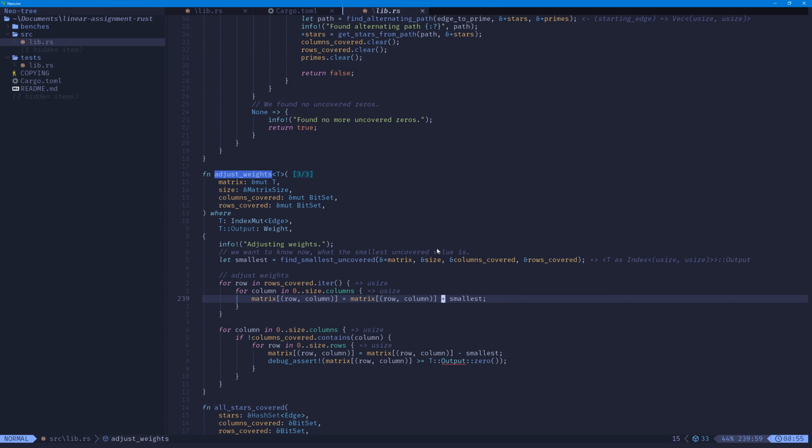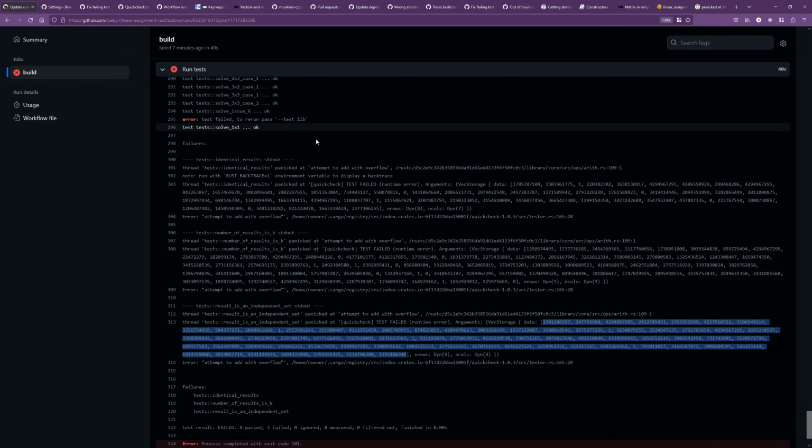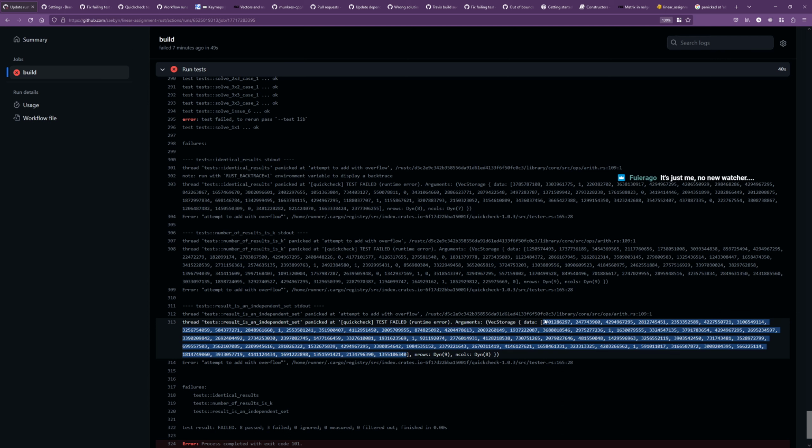Specifically, there's some rules in which we're scanning across the matrix, and there's a masking thing, and so we're looking for things that are not masked, not covered, and then we're trying to find the smallest value, and then we add that smallest value, which could be a large number, to the matrix. So apparently, Quick Check has generated some values that result in